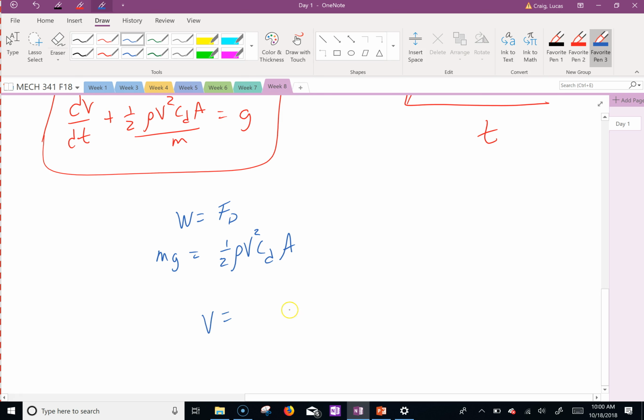And the velocity then becomes the square root of 2mg divided by rho CdA. So you have to know your area, depending on which way you're moving. Are you moving with the whole area facing down, or are you skydiving straight down, so you have very minimal area? But based on my analysis, it does depend on the mass, like this.